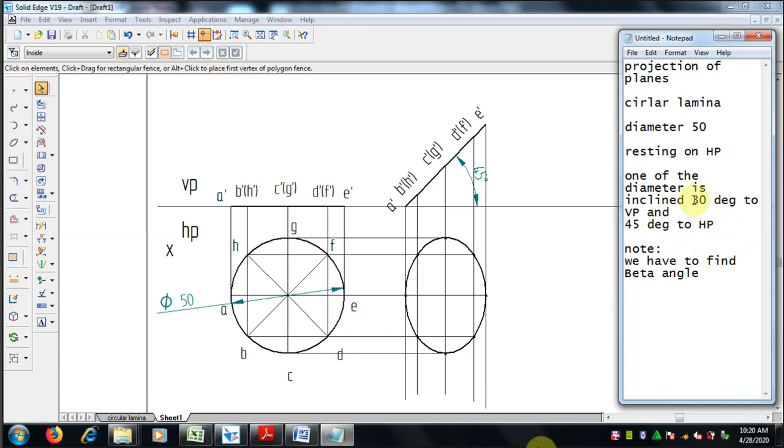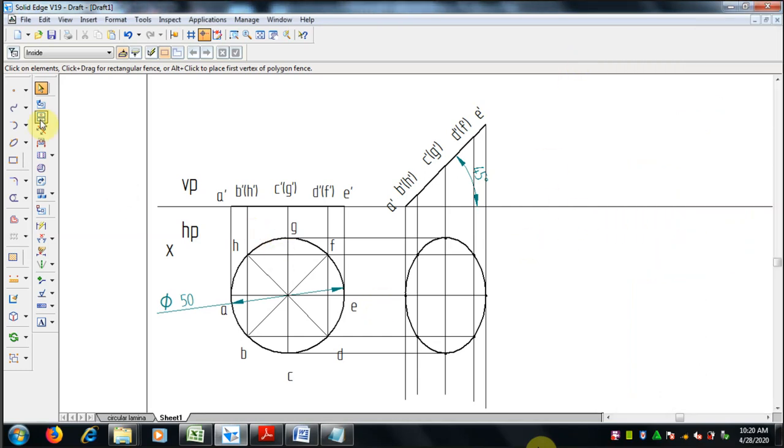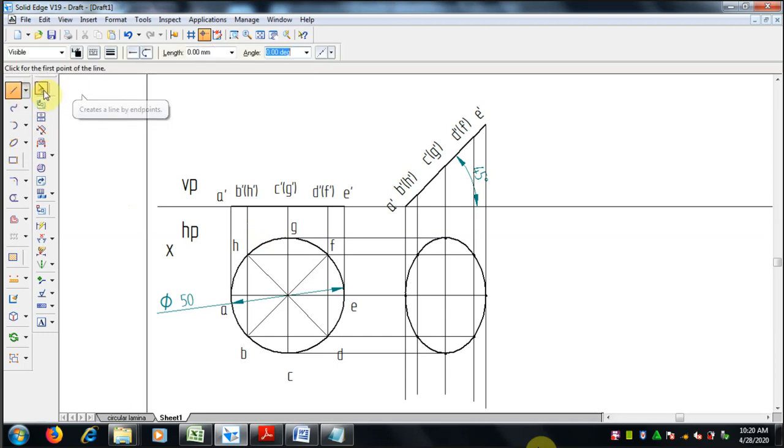Since one of the diameters is inclined 30 degree to VP, it's given. So one of the diameters is the AE diameter here. First we will draw a line inclined to VP for the given angle.